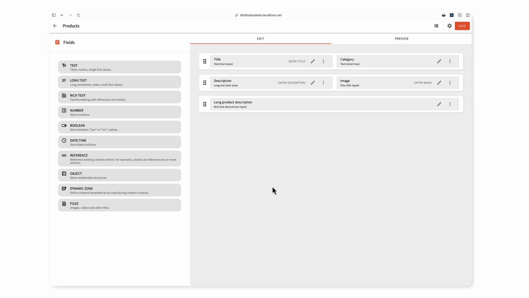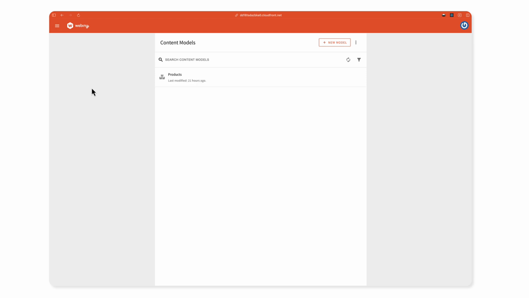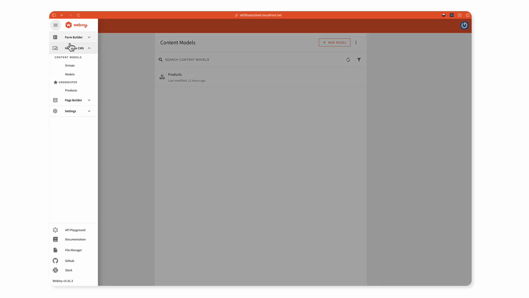At this point, make sure you have the same content model created inside your own Webiny instance, as in the next chapter we'll explore the API, after which we'll create some entries in the system. If you now go back, click the main menu, and towards the bottom click on the API playground,